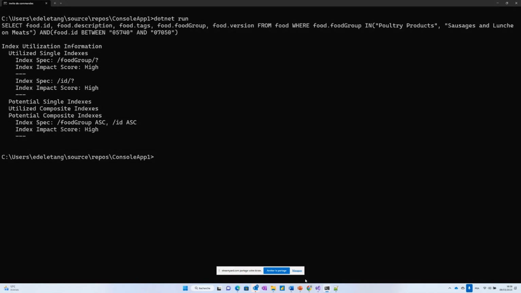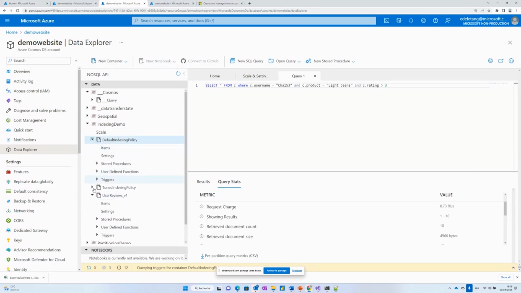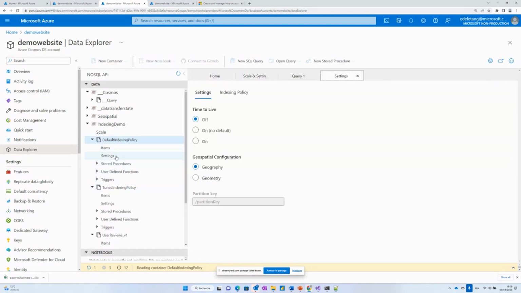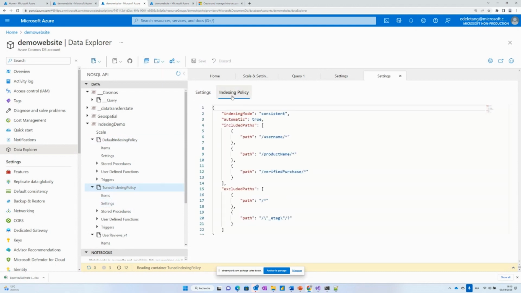Another thing a lot of customers ask me is, okay, Emmanuel, but here it's just a select. In your application, you have some inserts, some updates. So does the default indexing, for example, have an overcost if you make an insert or not? So here I already have two collections, one with the default index, so everything is indexed by default, and one where I have tuned my index. I will index only username, product name, and verify.